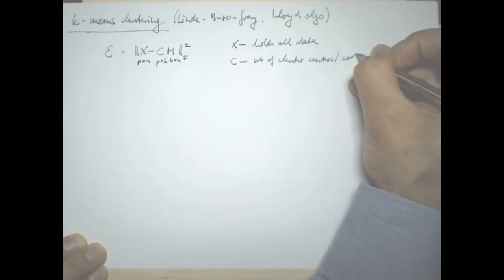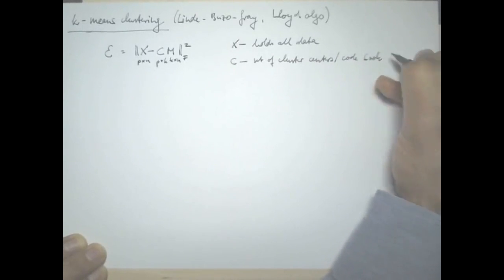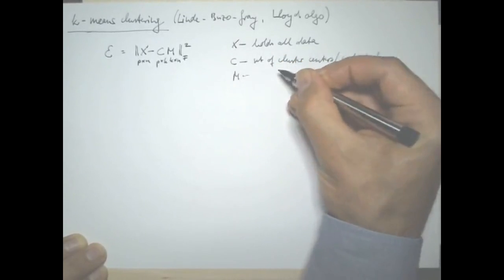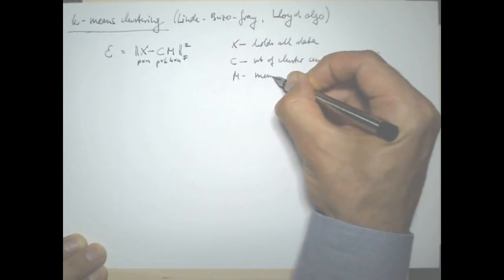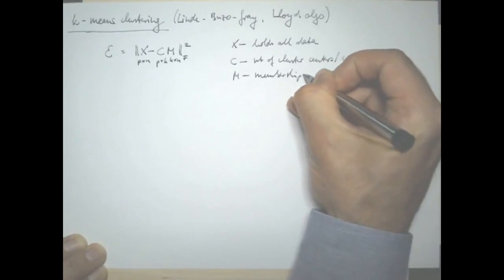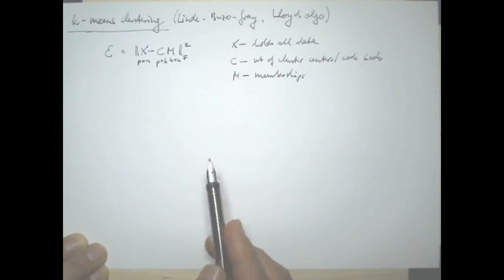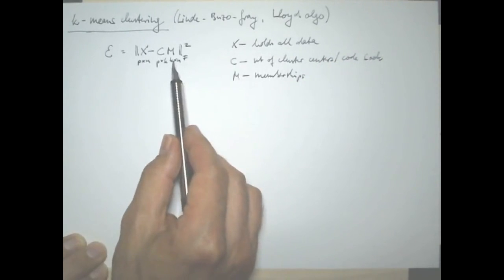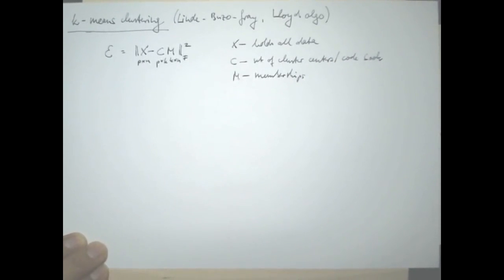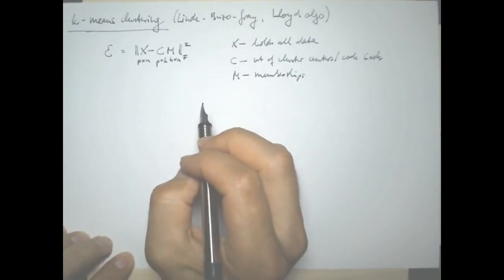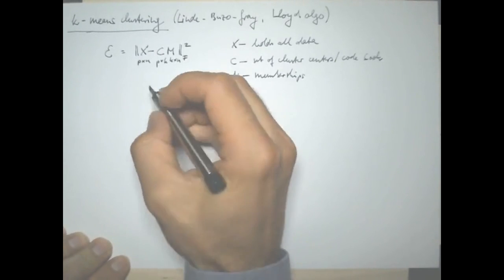or our code book, and M are the memberships. Now, if I wrote just that, it would be a recipe, or it would be optimally solved by the singular value decomposition. But here, I want to impose additional constraints, namely that